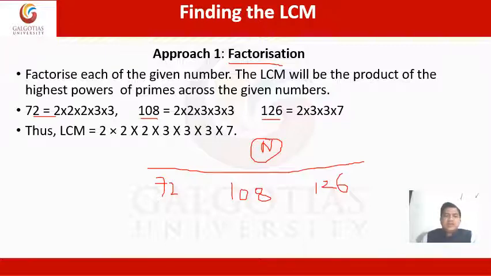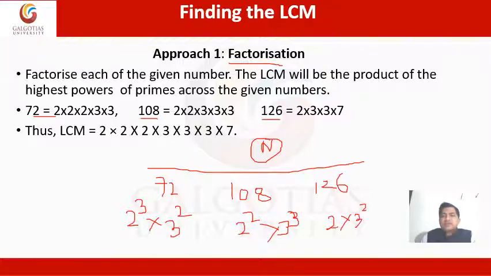That means exactly divisible by 2 to the power 3 into 3 square. Similarly, 108 is 2 square into 3 cube. And similarly, 126 is 2 into 3 square into 7. Correct? So the LCM is, now I want a number n which is exactly divisible by these three numbers, and